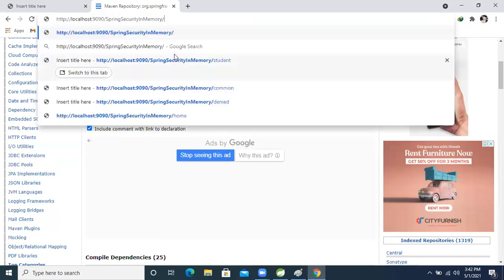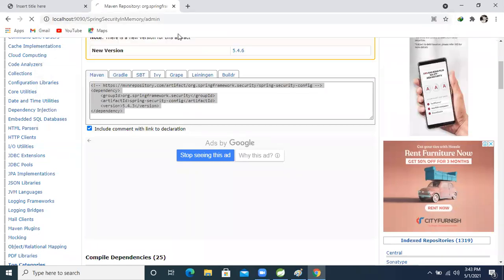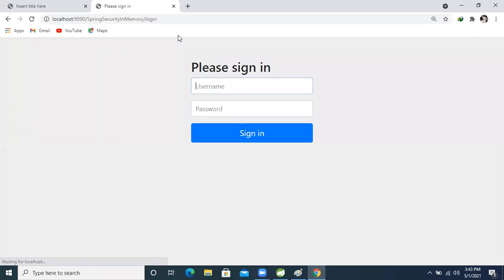Okay, so here I'm going to access the admin page, right? If we try to access the admin page, it will give the login form. The request will not go straight through. See, previously without security, whenever we tried that, we suddenly got the result in the browser. But this time, what we are getting now is the login form, right?